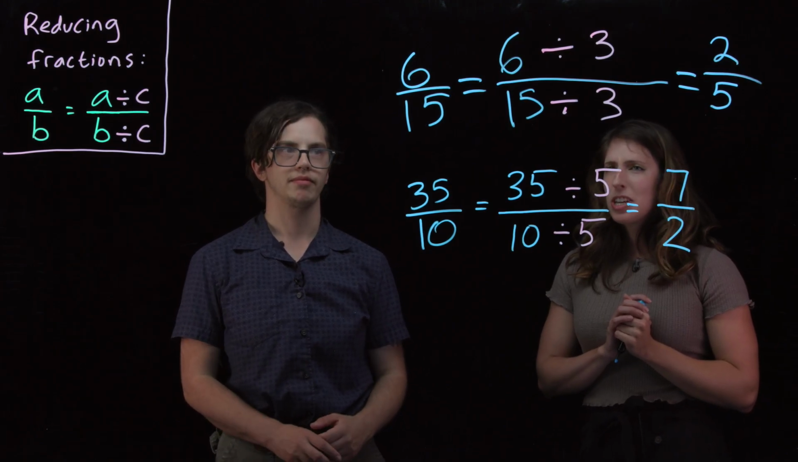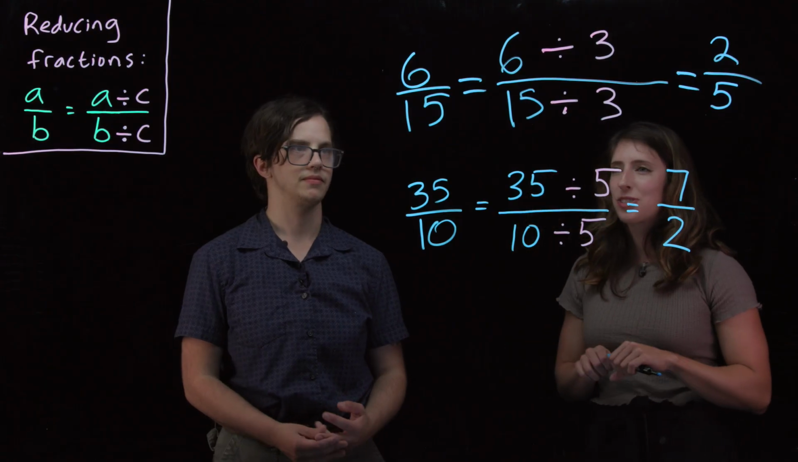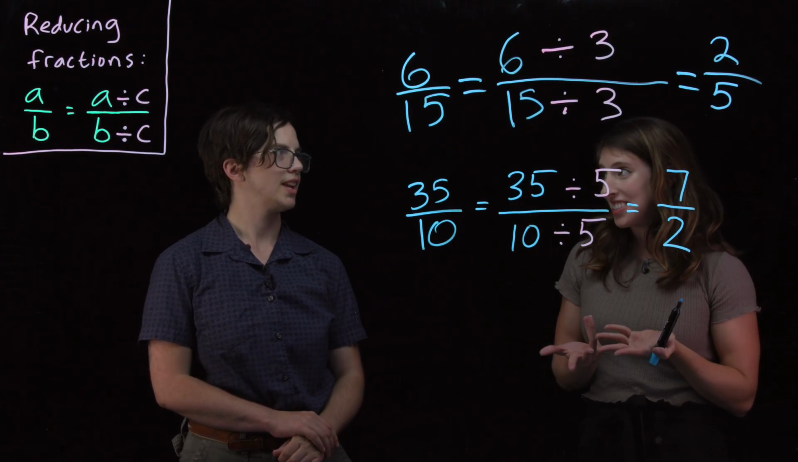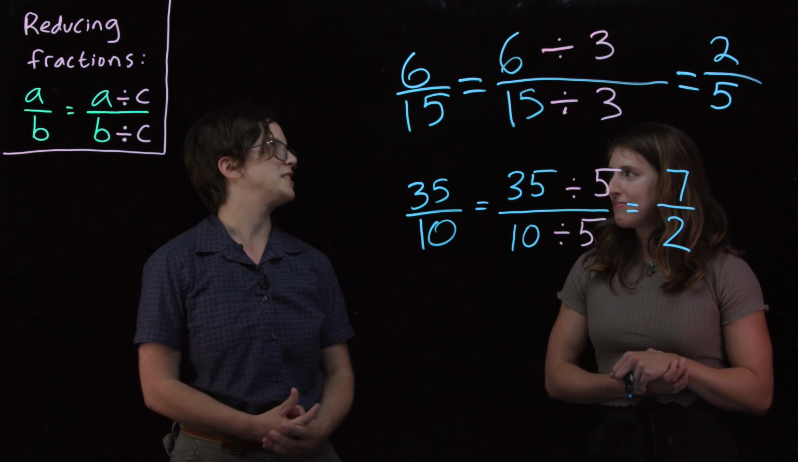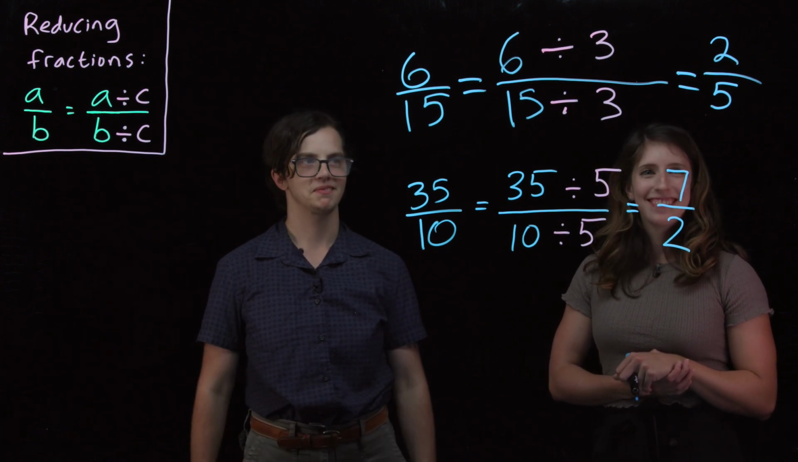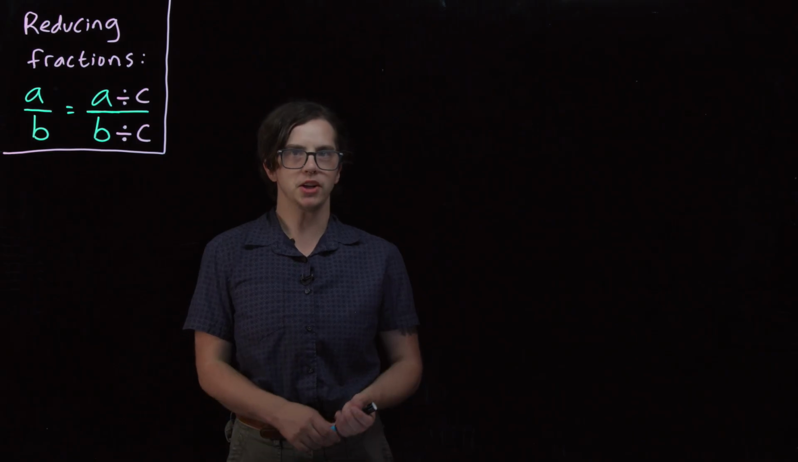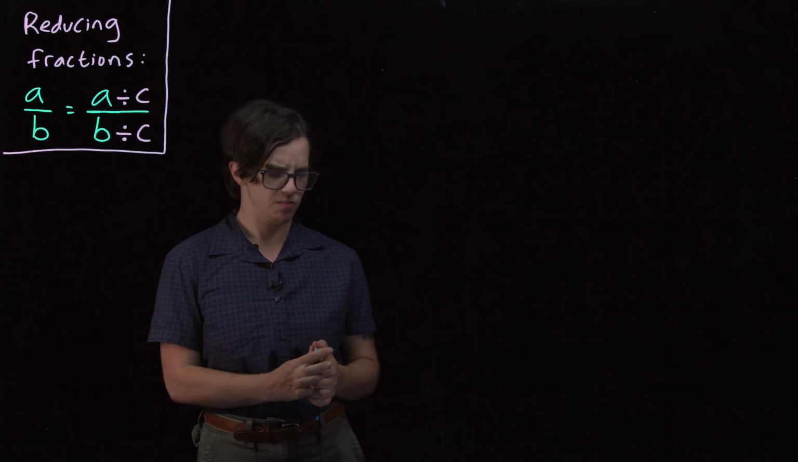All right. Well, here we didn't have very many choices of factors, so I think next we should try some numbers that have more factors and see what we do. Yeah, let's try some spicy numbers. All right. We can also try reducing fractions with bigger and spicier numbers. Like, for example,